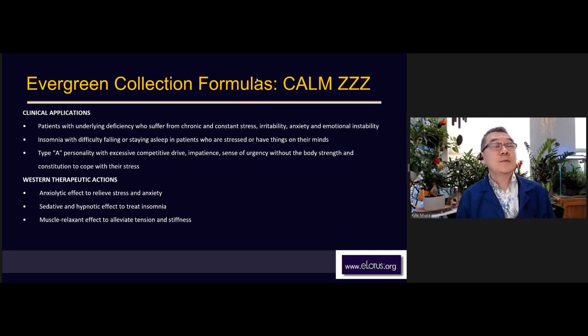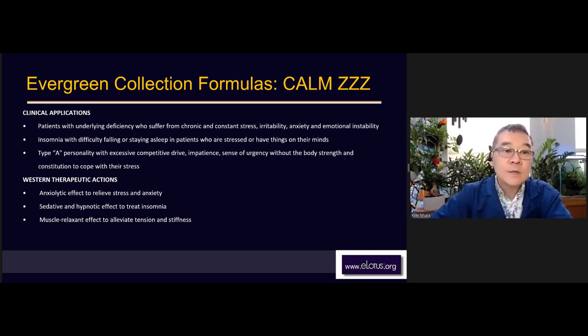Let's see. Oh, I have 30 minutes before our break. And I promise I will try to get through all this as quickly and efficiently as possible. So the third Calm formula is Calm ZZZ. This is a formula for patients with underlying deficiency who suffer from chronic and constant stress, irritability, anxiety, and emotional instability. It's insomnia due to difficulty falling asleep or staying asleep in patients who are stressed or have things on their minds. Type A personality with excessive competitive drive, impatience, sense of urgency without the body, strength, and constitution